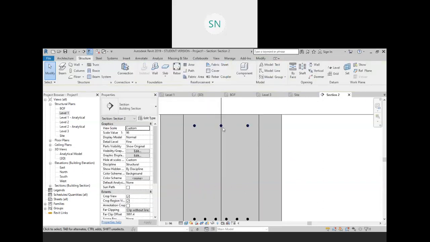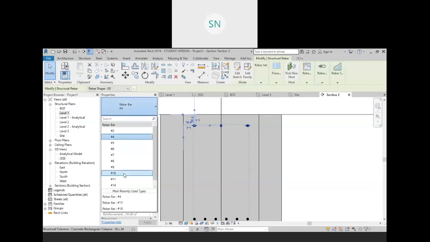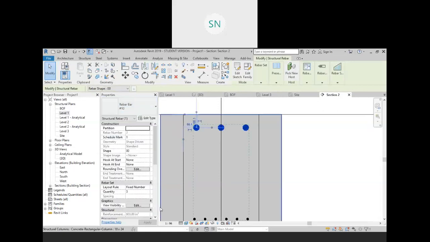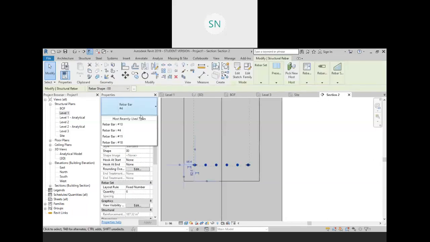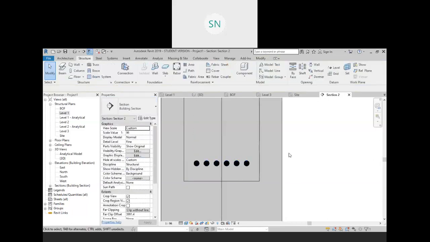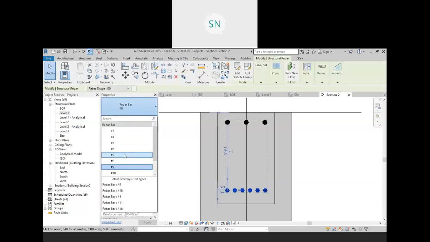Now I want to convert this, the bar size of this should be 10, and for this should be 8, 9. Okay, so in this way we actually set everything. Okay, let me choose 8